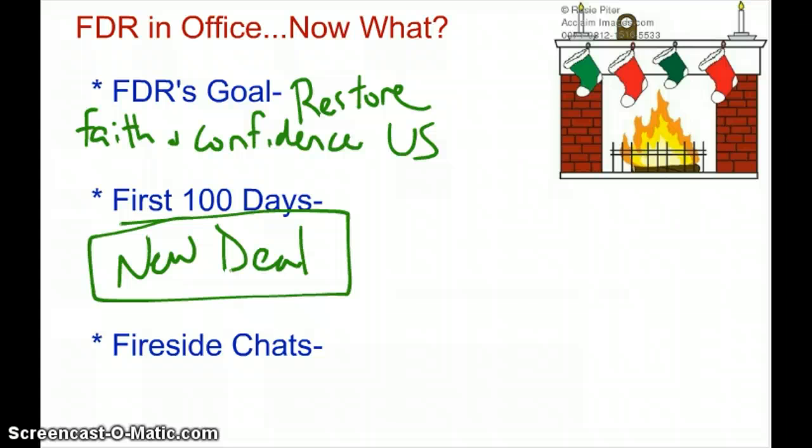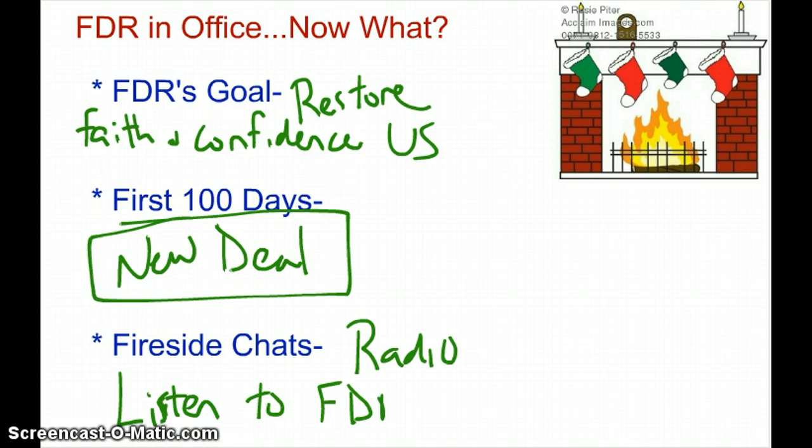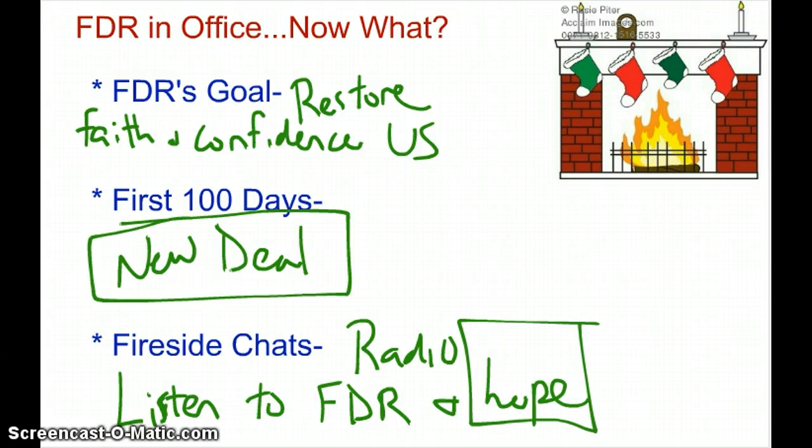And how does he do that? He does it with something called the fireside chat. The fireside chat was the first of its kind. It was through the radio, and FDR would go on radio. And the vision is that everyone would sit by the radio next to their fireplace, and they would listen to FDR. And FDR would basically be straight with people, but he would try to give everyone confidence in the economy. And very similar to what Obama did in '08, his theory was the idea of hope and